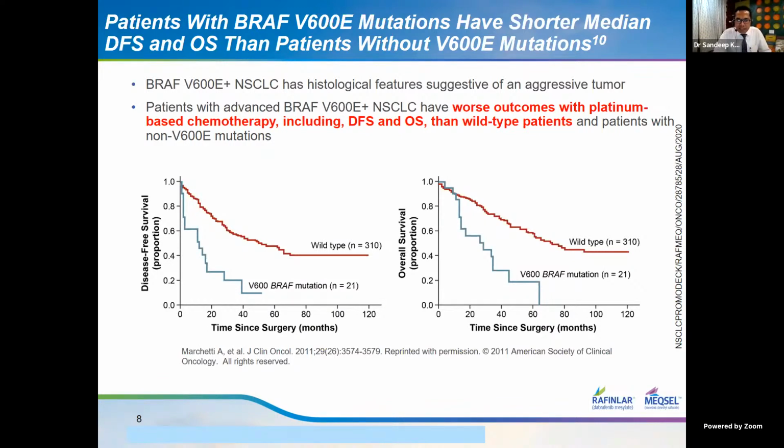So patients with advanced BRAF V600E had worse outcomes with platinum-based therapies, including DFS as well as OS, if you compare them with the wild type patients. So here in the graphs, you can see the wild type fare better compared to the BRAF ones. So ultimately, the behavior of these patients was that of a clinically aggressive patient profile